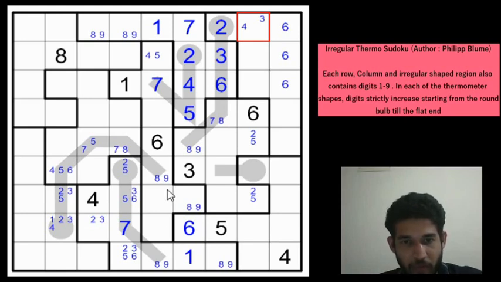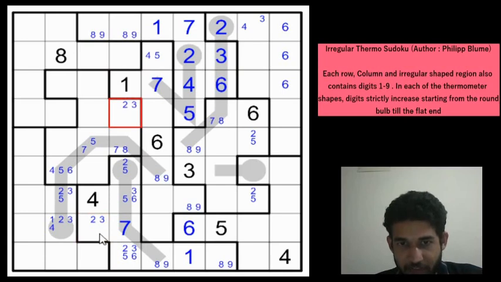And now, okay, we have a 2 or a 3 here, right? Which cannot be in any of these 4 cells. Now we need to have whatever candidate comes here in this column. So if you have a 2 here, your 2 can't go into these 4 cells and it can't go into the cell because of this 2 and it has to go here. And if you have a 3 here, it can't go into these 4 cells and it can't go here as well, and these 2 cells are also not possible. So this cell is going to be a 2 or a 3 depending on what comes here.